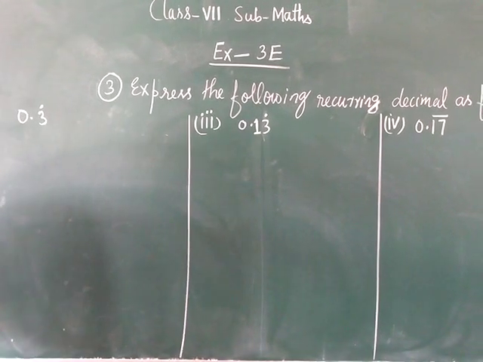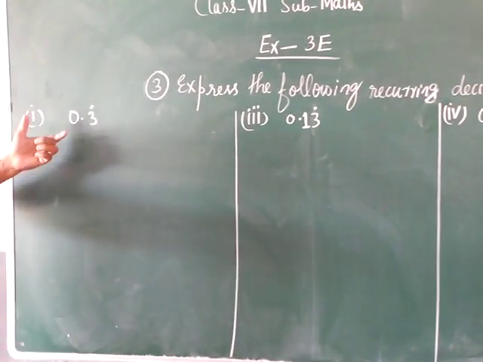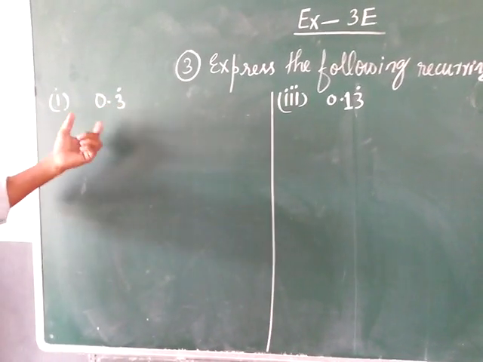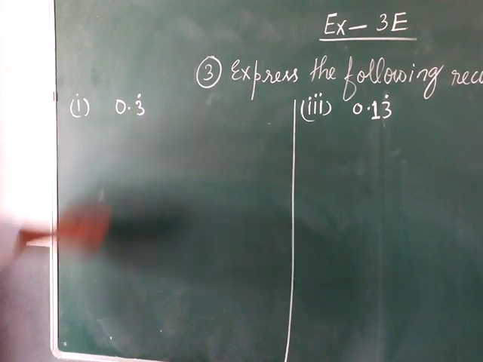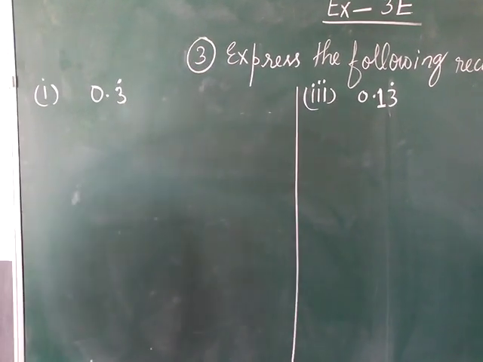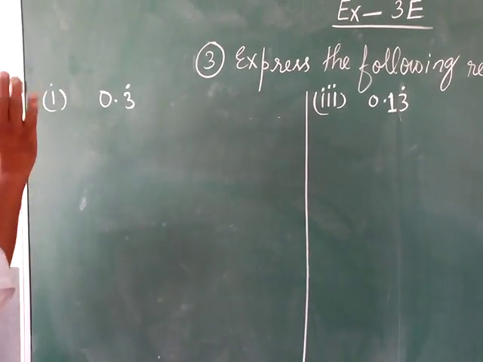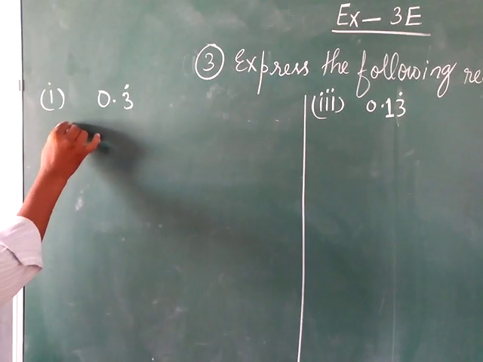The question is: express the following recurring decimals as fractions. So part 1 of question number 3 is 0.3 with a dot. To convert this into a fraction, we will understand it stepwise. So first step, you will write let